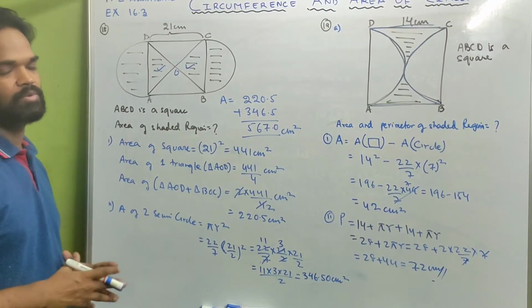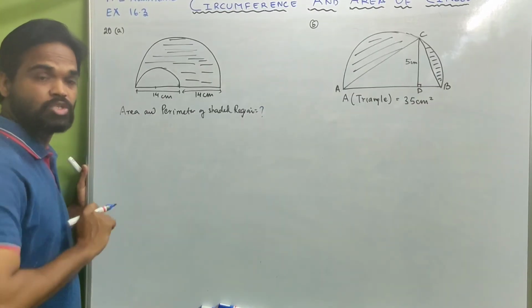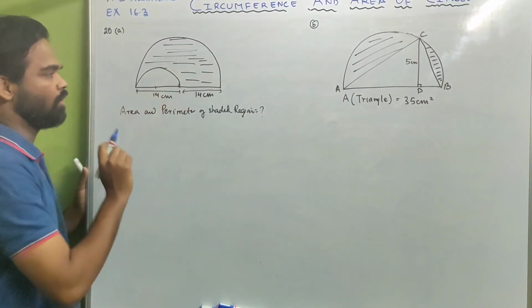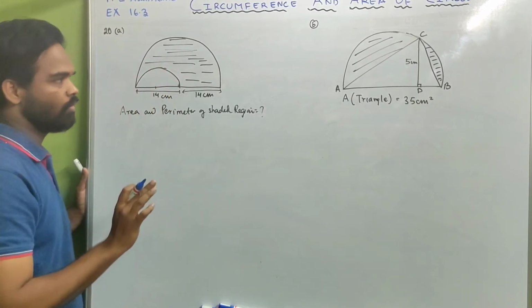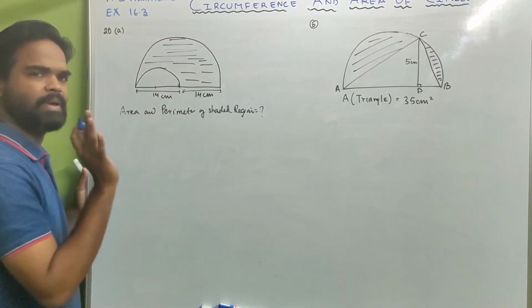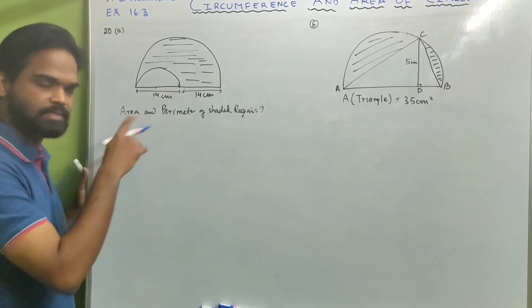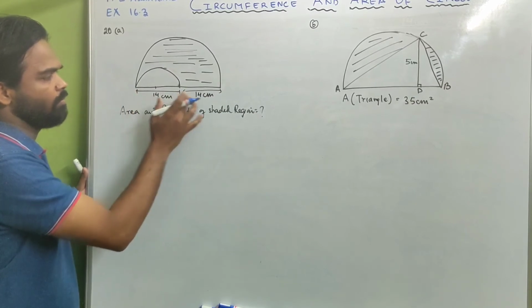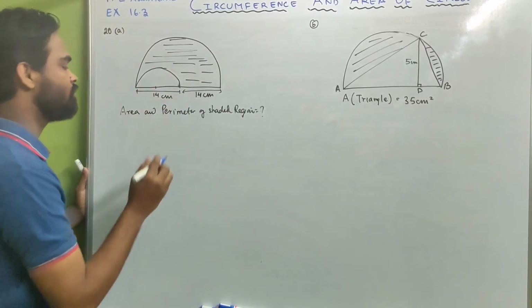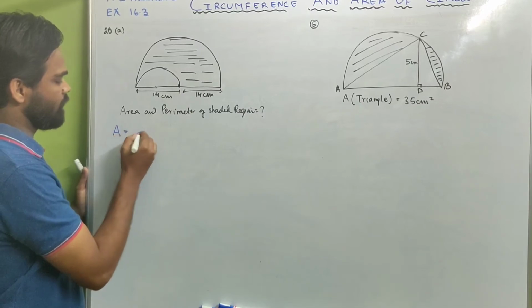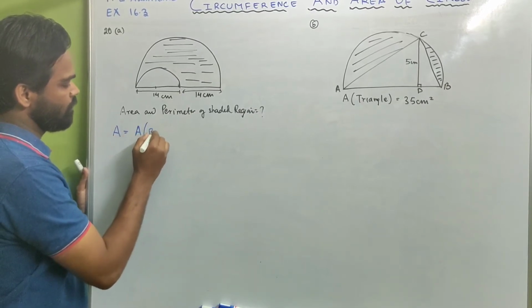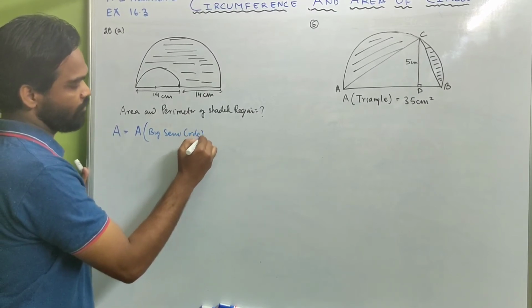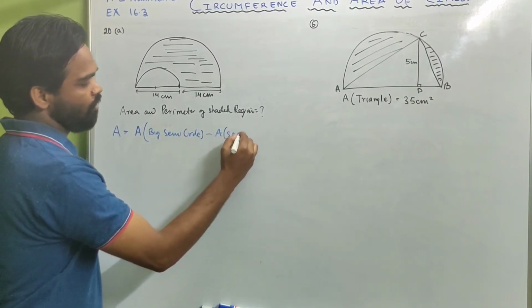Clear? Now let us look at the next sum. Now let us see 20 part A. They've given this figure. There are two semicircles, a bigger one and a smaller one. In between that, they want the area of the shaded region and the perimeter. They're given for the smaller circle, the diameter is 14. And for the bigger circle, the diameter is 14 plus 14, that's 28 centimeter. First of all, area. When you talk about area, it will be area of bigger semicircle, look carefully, minus area of small